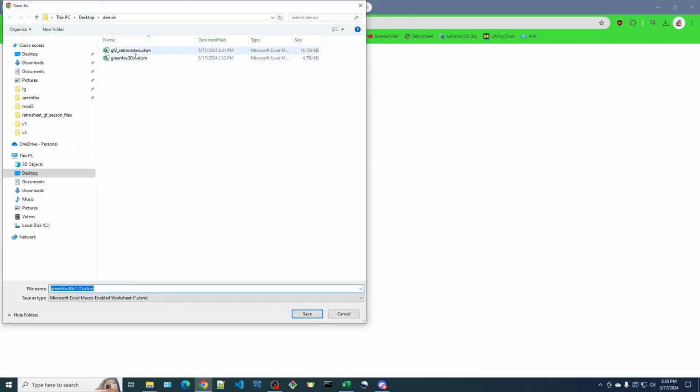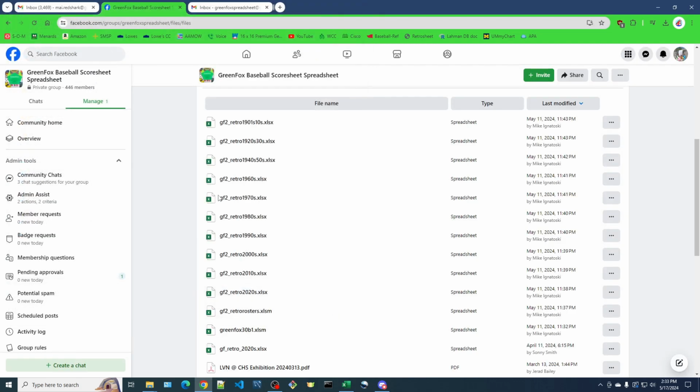I just downloaded it to get ready for this video, but you save it someplace. As you can see there, you need another file also for a custom league. That one's called GF2 underscore retro rosters. I'm not sure if it'll always be GF2, but that's what it is right now. It has the words retro rosters in it, and you'll need that one also. Same thing: click here, download it. Now once you download them,